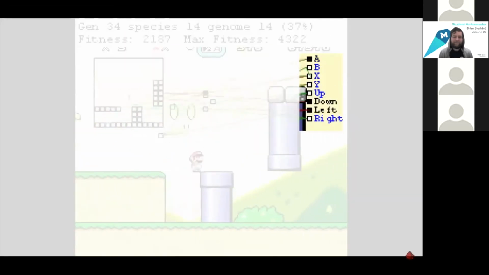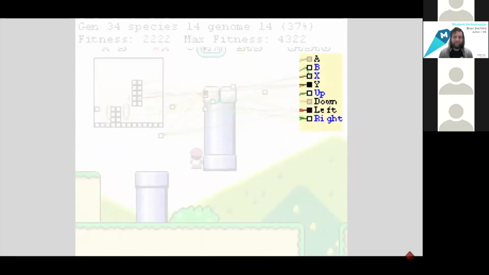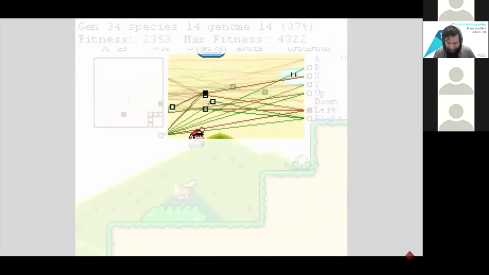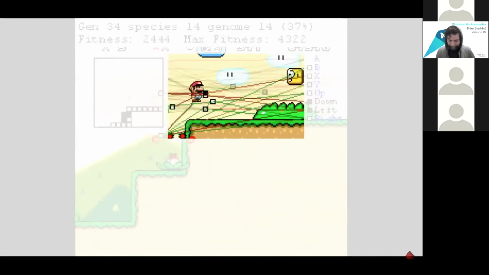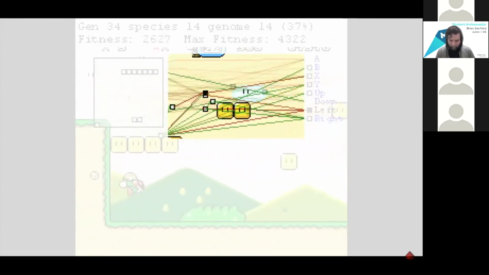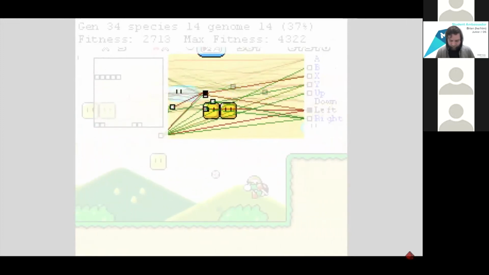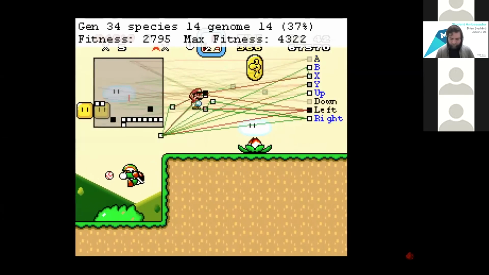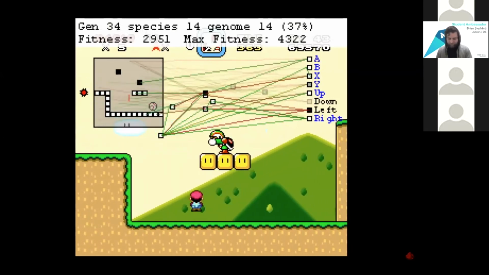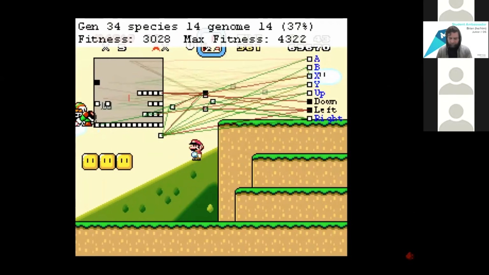These are the 8 buttons that Mario is able to press by using its neural network. In between the inputs and the outputs, all those lines and boxes, those are the neural network. Each free-floating box is called a neuron, and the lines connecting those boxes are like the axons and dendrites in a human brain. At any given time, only some of these neurons and connections are actually being used, and this is what people talk about when they say you only use 10% of your brain.